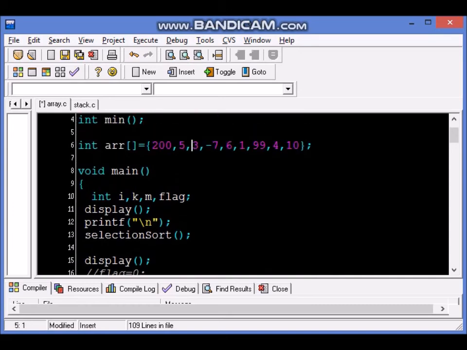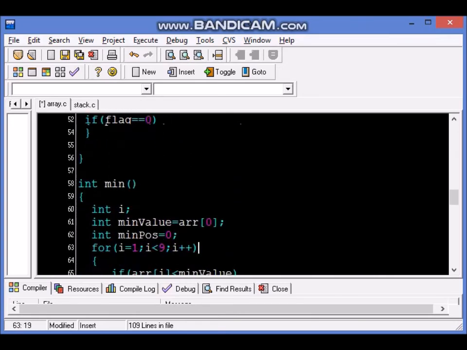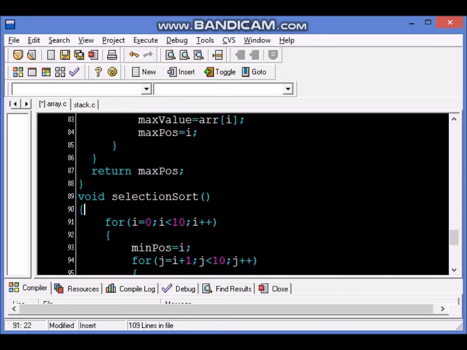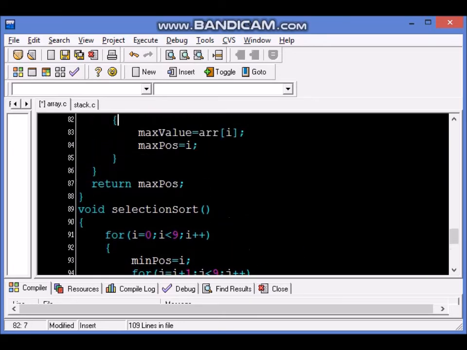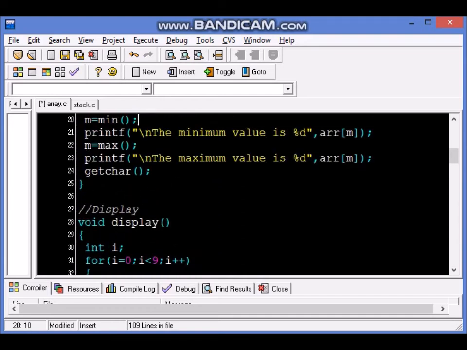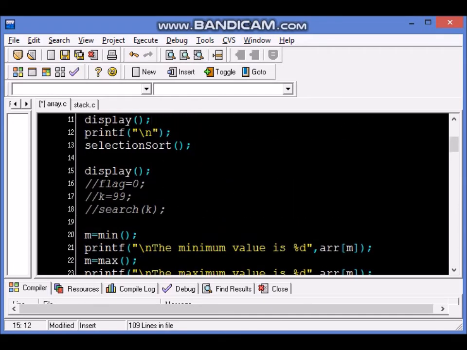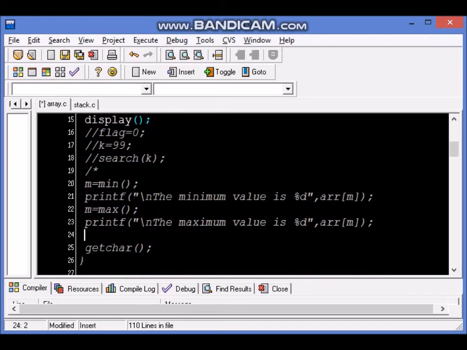One thing to be careful of is how many numbers are there in our array. We'll go back to a simple set of numbers. 1, 2, 3, 4, 5, 6, 7, 8, 9 numbers are there. It's not 10 numbers. So the selection sort code will have to be slightly modified, and instead of saying 10, we will say 9 here, because there are only 9 numbers in that array. Okay, so we'll call selection sort, and after that we'll call display. We will comment out the part of the code where we did min and max, so that we don't get too much output on the screen. Let's see what the output is going to be.